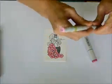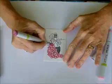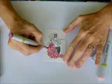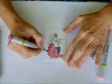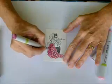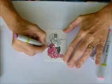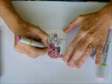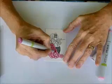And then I'm going to take RV34, and I'm going to go and color almost half of the grape up to the highlighted mark that's on the grapes. And if the grape is set behind another grape, I like to get that edge really good too, because that's going to naturally be a darker color. So you want to use your RV34,